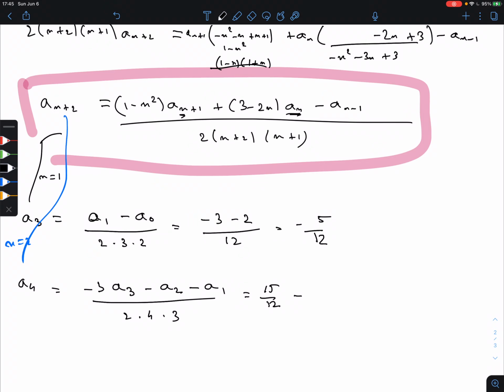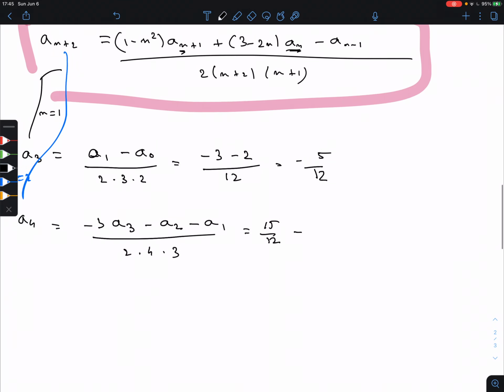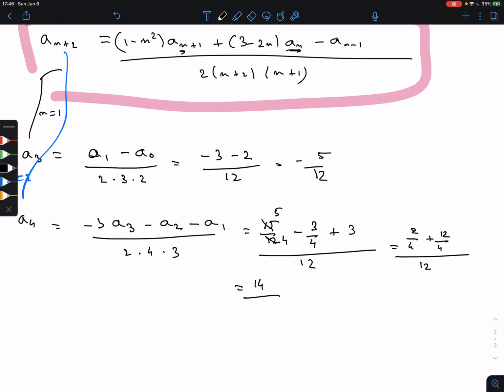Minus A2, and A2 was 3/4, minus 3/4. And minus A1, that was 3 divided by 12. So I can simplify this, it becomes 5/4. So I get now 2/4 plus 12/4 over 12. So I get 14 over 48, or if you want,